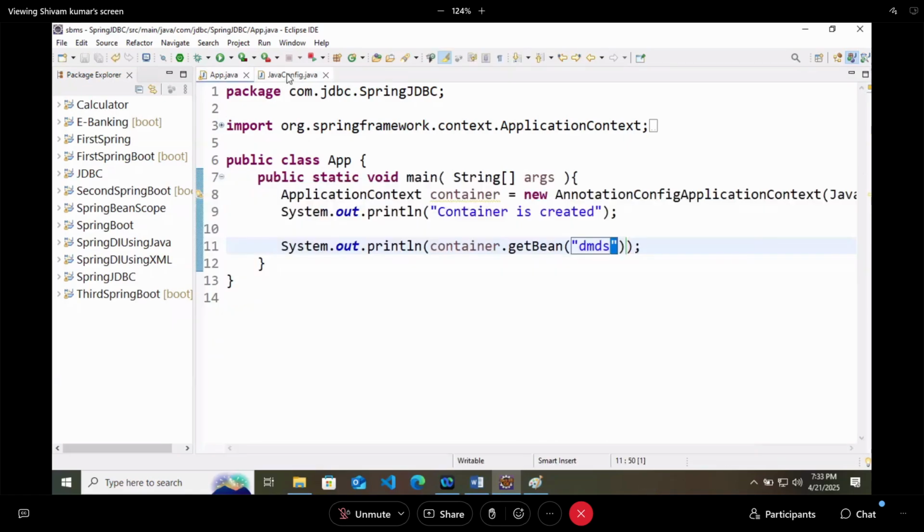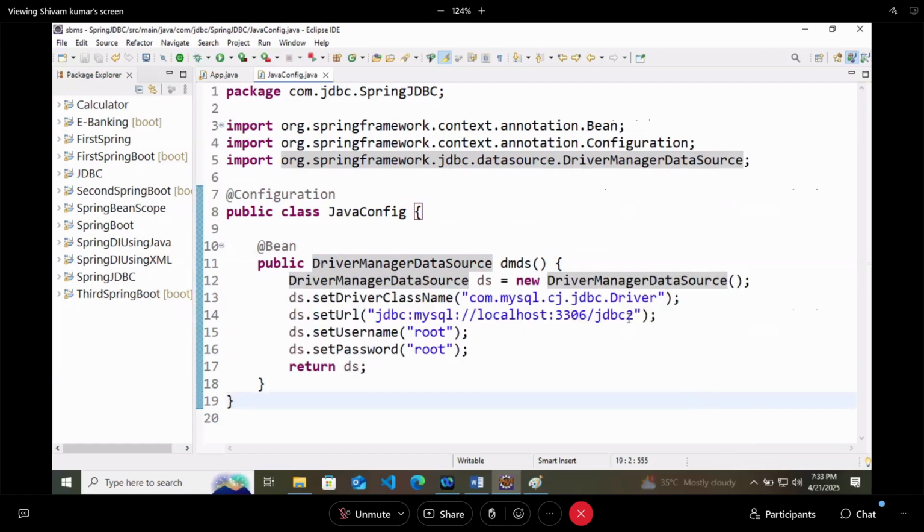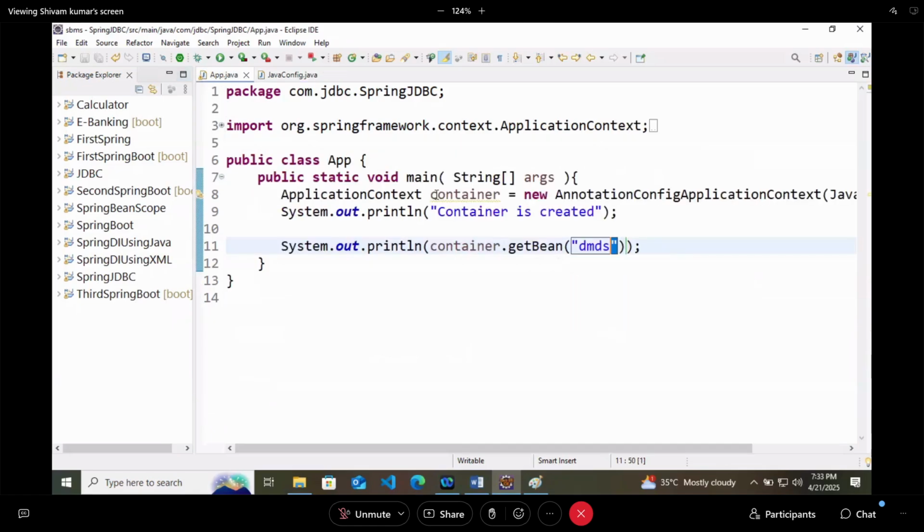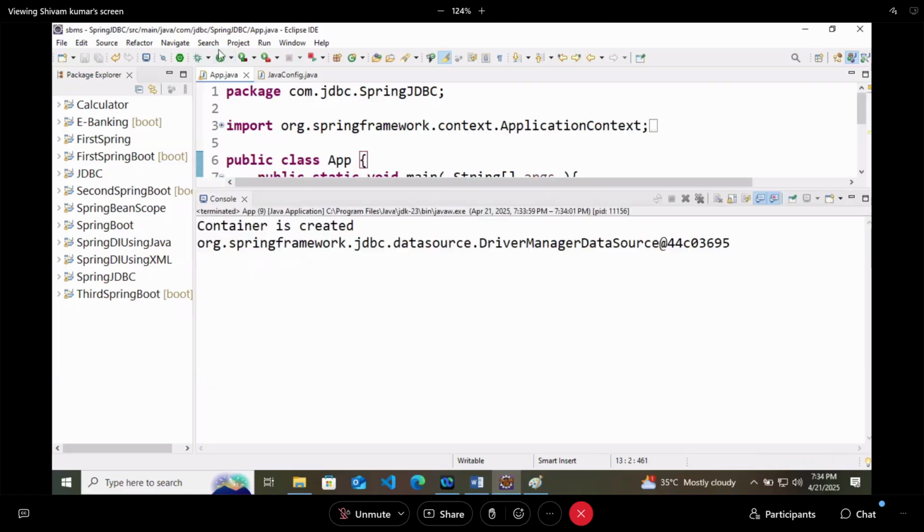In JavaConfig, let's change something. I am not providing information of any database name. I am just writing the URL for my complete database. I am not saying that you have to connect with JDBC too. Now again, I will run the same thing. Still we are getting the same answer.